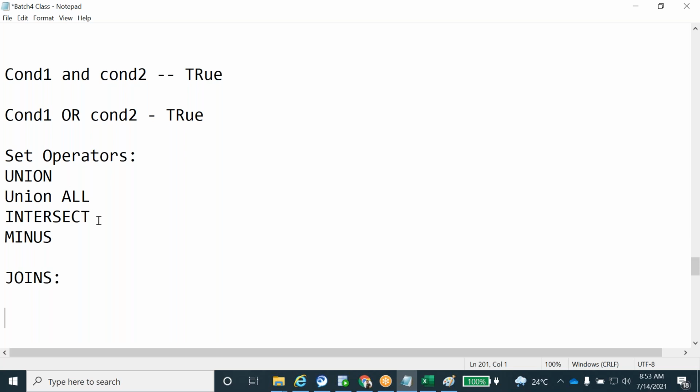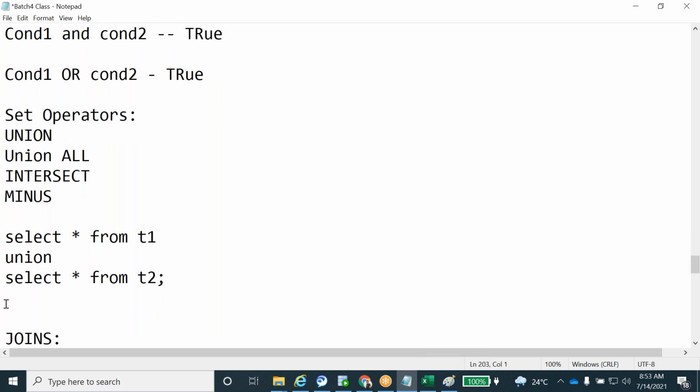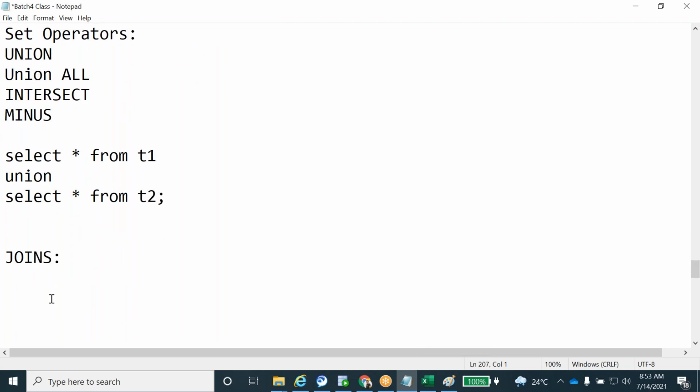We give select star from table 1 T1 union, and like that we write T2. We are not checking any common data condition here. But in joins, we check whether there is common data, and only then we apply the join. Based on the common data only, it will fetch the data.